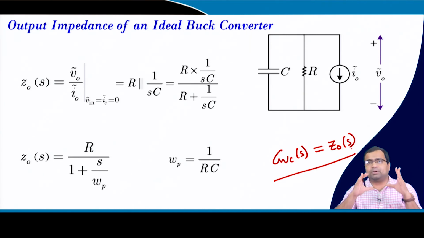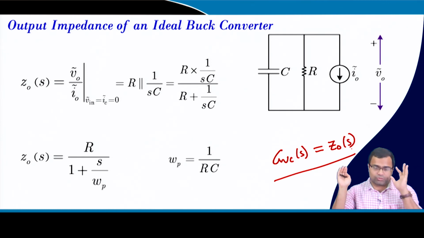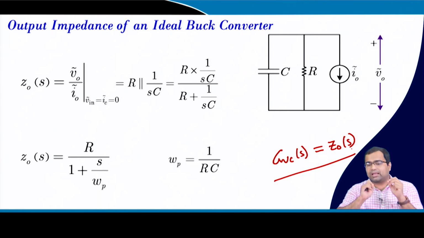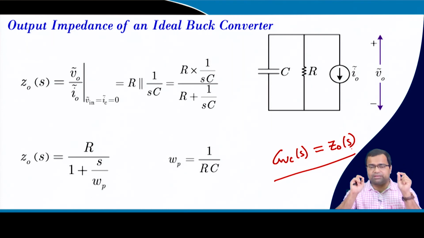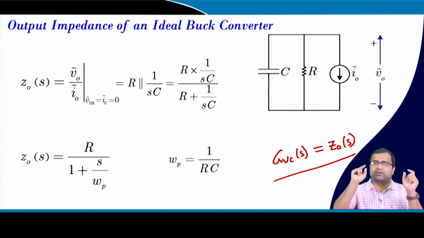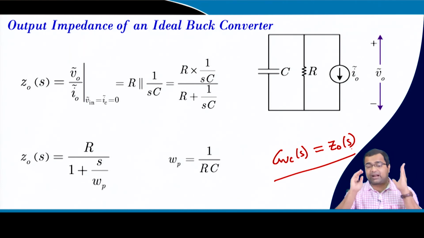But in case of duty ratio control, we have an RLC circuit. So, the inductor was there and we are getting a Q peaking effect. So, it was a complex conjugate pole, right, and in that case we also got a parasitic pole. If we ignore that, there will be 1 zero at origin in case of an ideal buck converter, but in case of a practical buck converter, this is the output impedance.